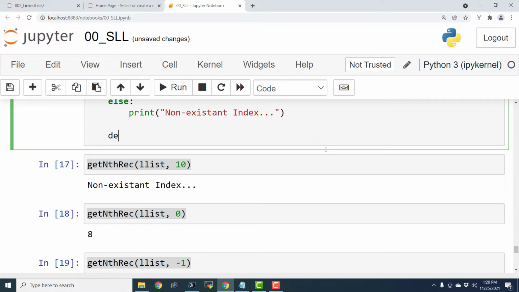I will say def count. I hope that I haven't created another method with the same name. We will actually know that at the time of execution. And we are going to keep on reusing the notebook that we have created in the very first episode of this entire series. And I'm going to say search term.